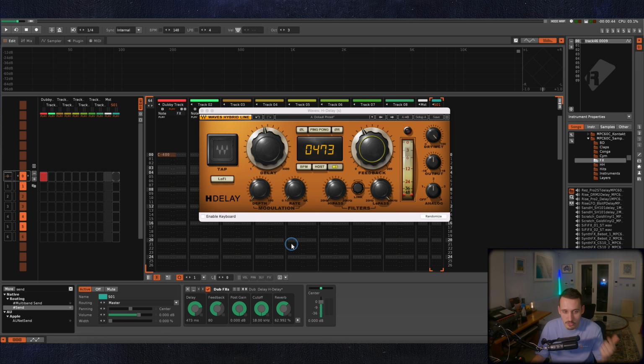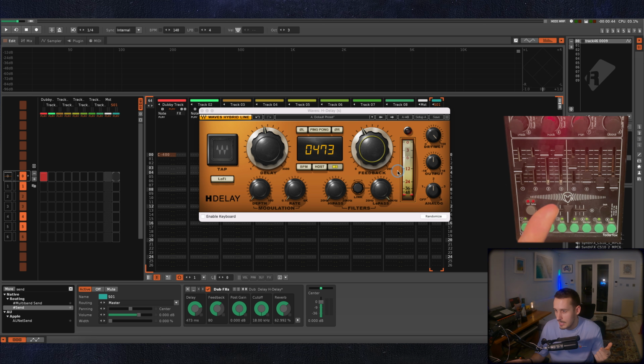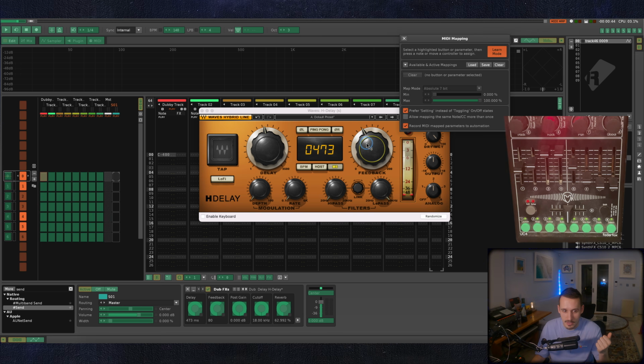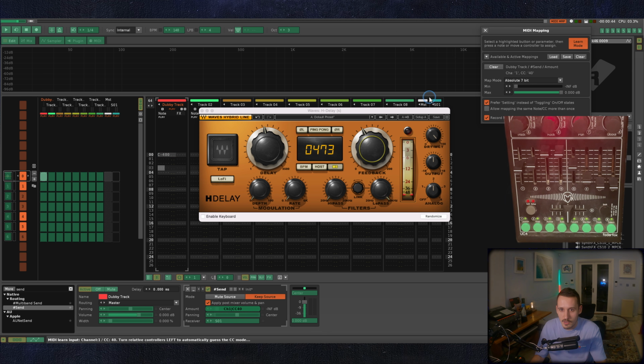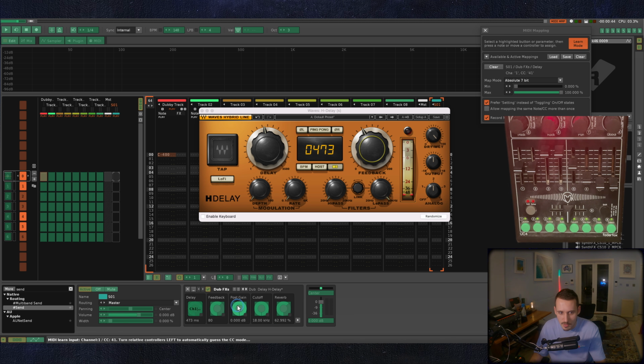What do we actually need to do? So really the only way to do this effectively is to use a MIDI controller. And if you can see here, I've got a Faderfox, and this is a great little MIDI controller, and it's really easy to set this stuff up in Renoise. So the first thing we've got to map is the actual send from the track. So I'm going to map that in there, and then I'm going to come into my return track, and then I'm going to start mapping things one by one in here.